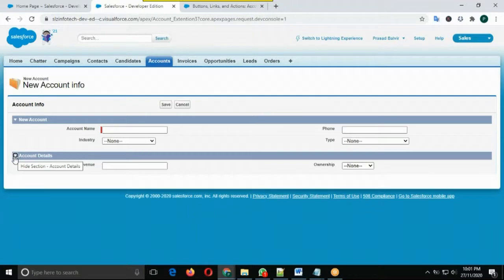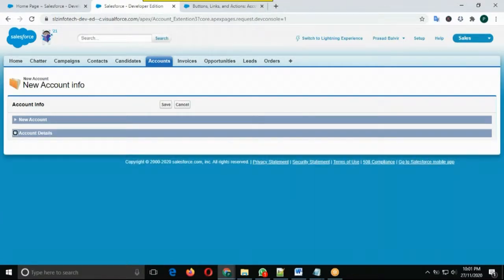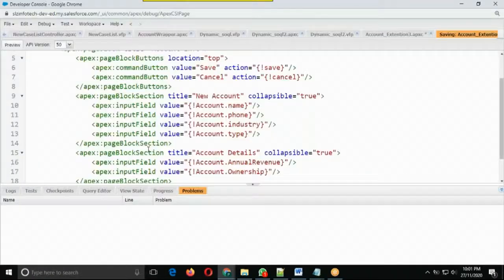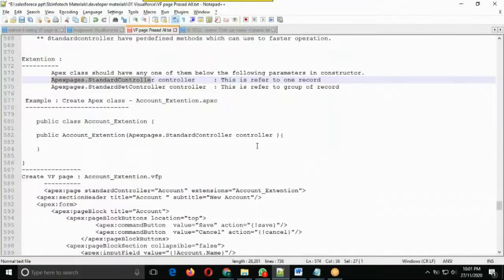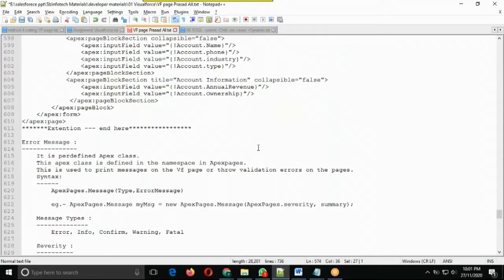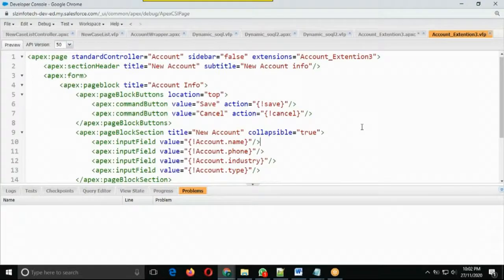So we are overriding the existing features. For that purpose only we use the extension for overriding the standard features for the sObject. Right? Do you have any doubts for the extension?